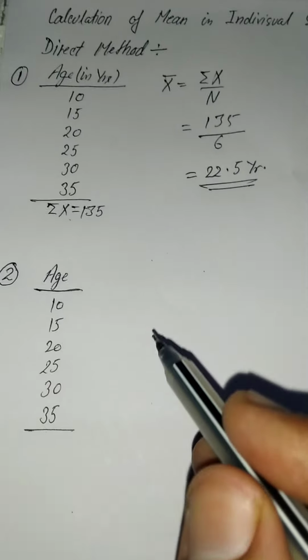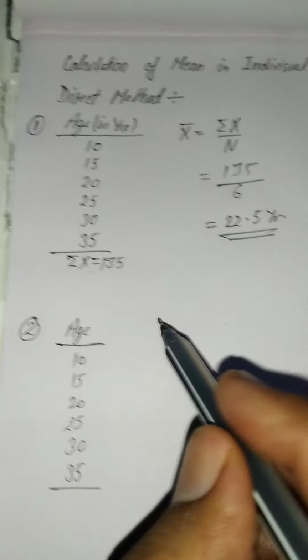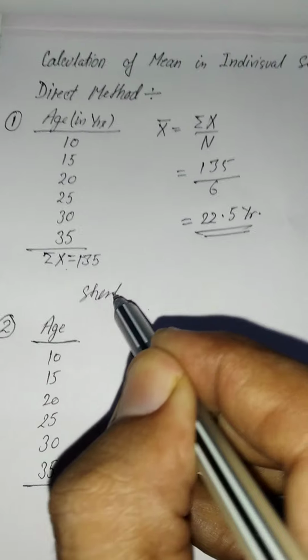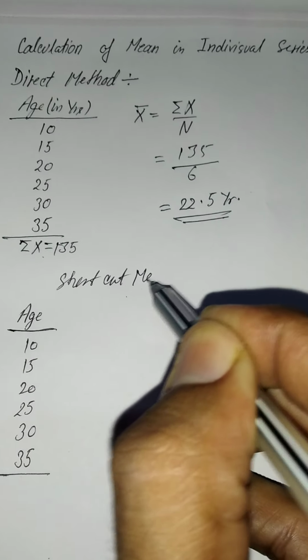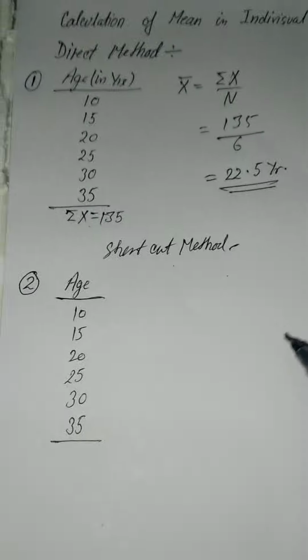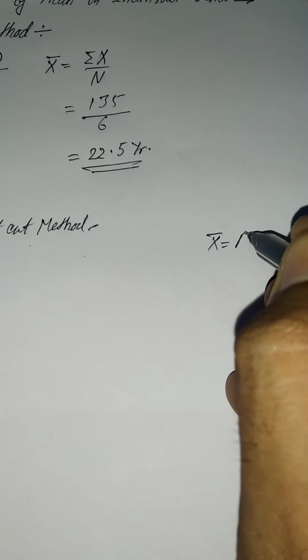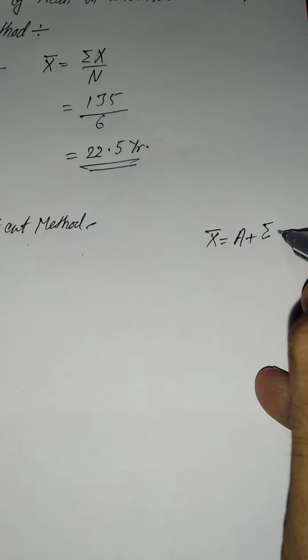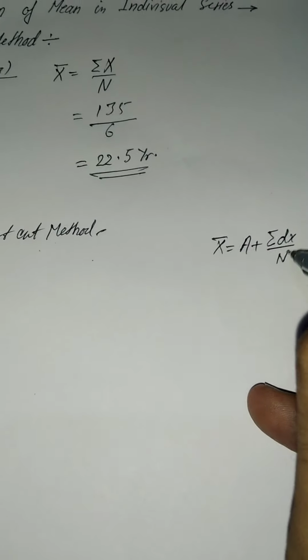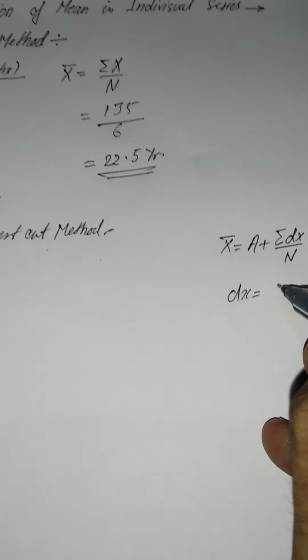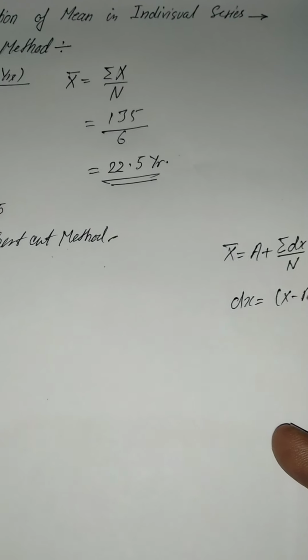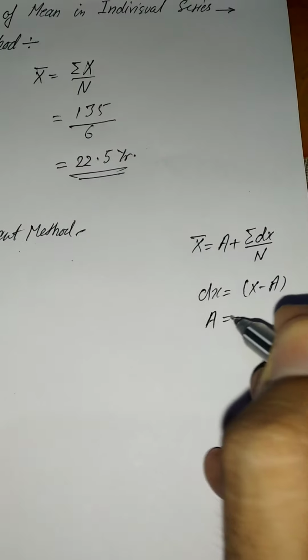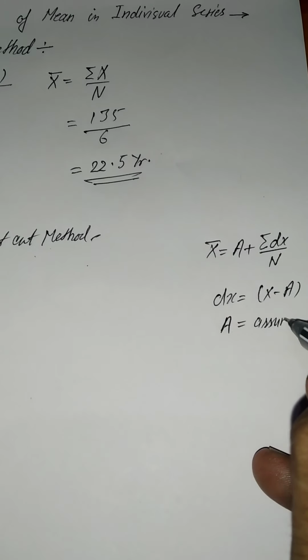The second method is the shortcut method. So for this, first we will write the formula of the shortcut method, and that is x bar is equal to a plus sigma dx upon n, where dx is equal to x minus a and a is equal to assumed mean,